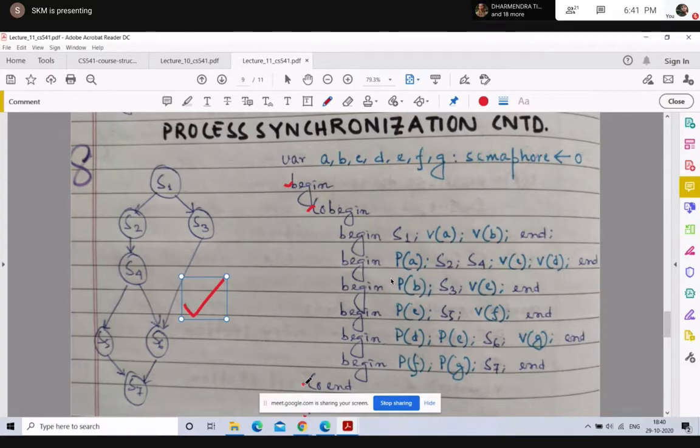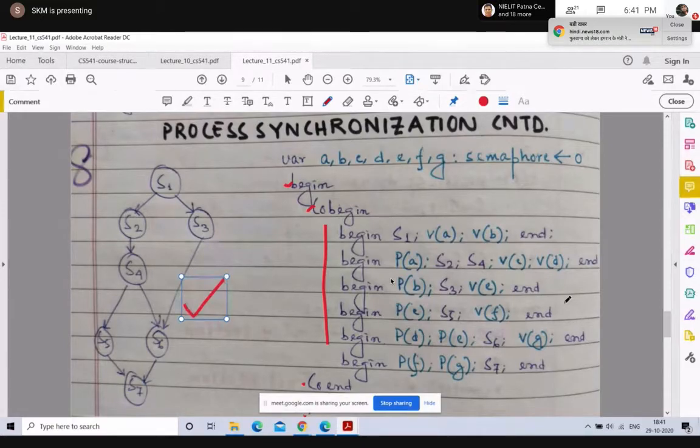Every statement within the co-begin and the co-end construct will run concurrently. Within the co-begin and co-end, I have multiple begin and end statements, which indicate processes that are running in parallel concurrently.